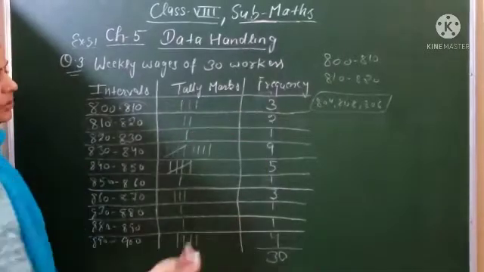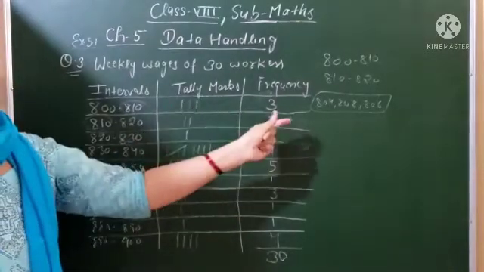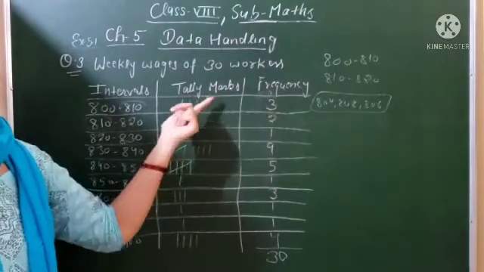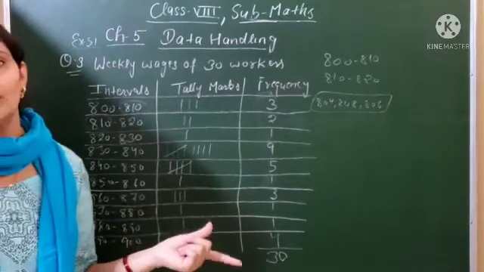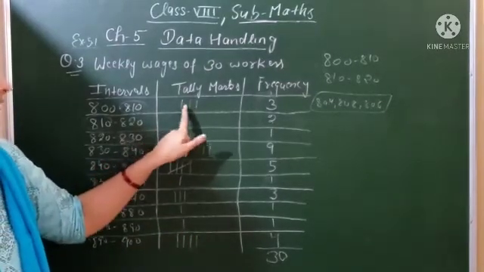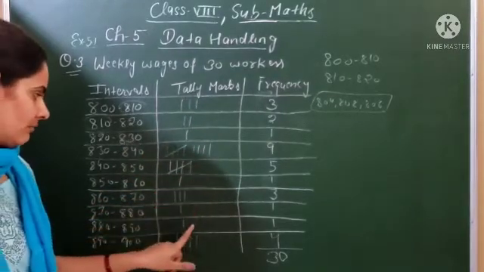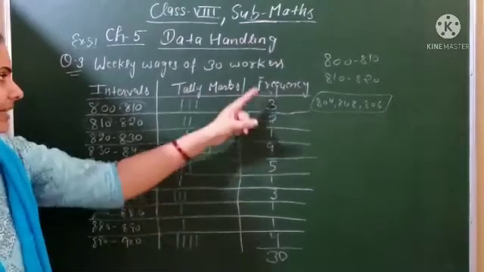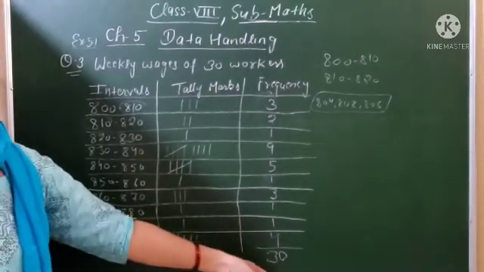After that, these are the total number of frequencies. You can represent this frequency by the telemarks, and first you write the frequency, after that you write the telemarks. Telemarks are a rough representation of the vases, and you can say frequency. So how many frequencies are there here? 3, 2, 1, 9, 5, 1, 3, 1, 1 and 4. Clear? And the total number of workers should be equal to 30, the total number of vases, so it will be only 30.